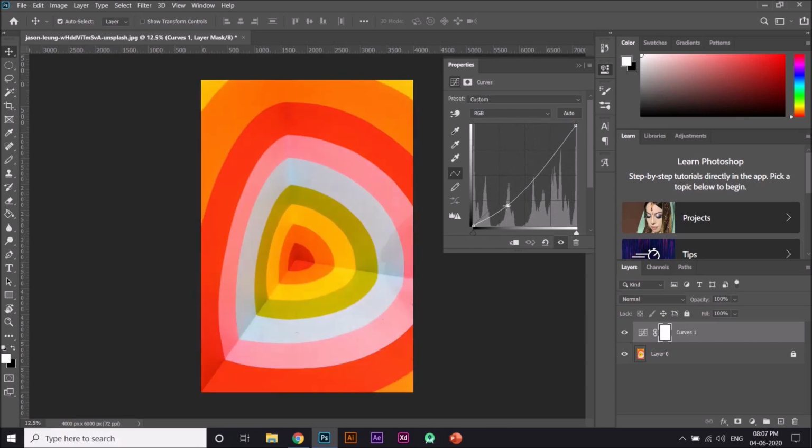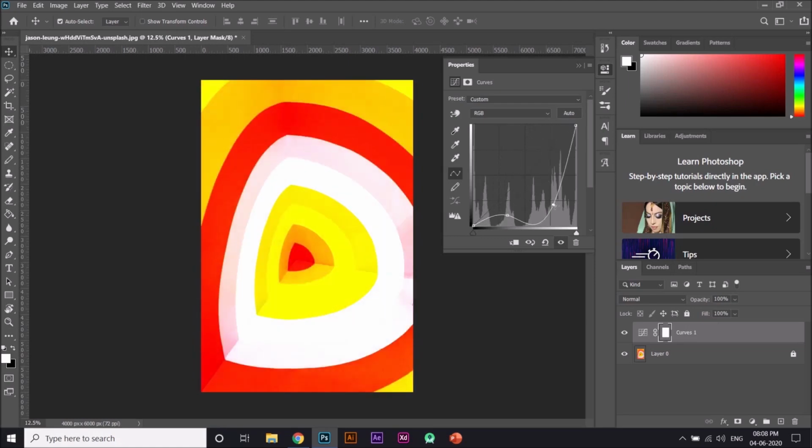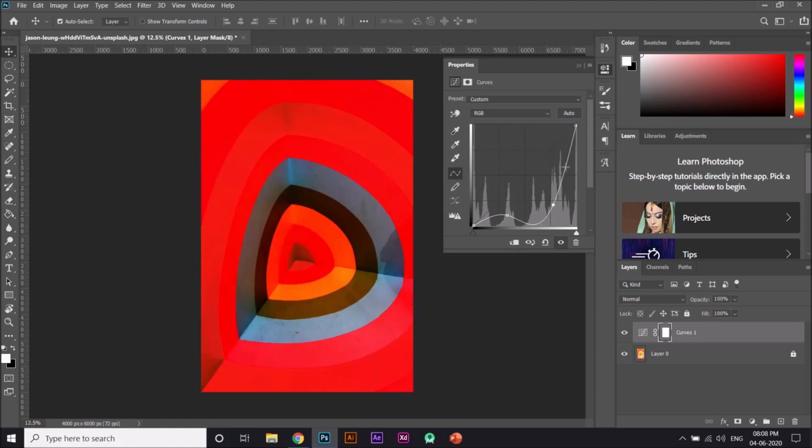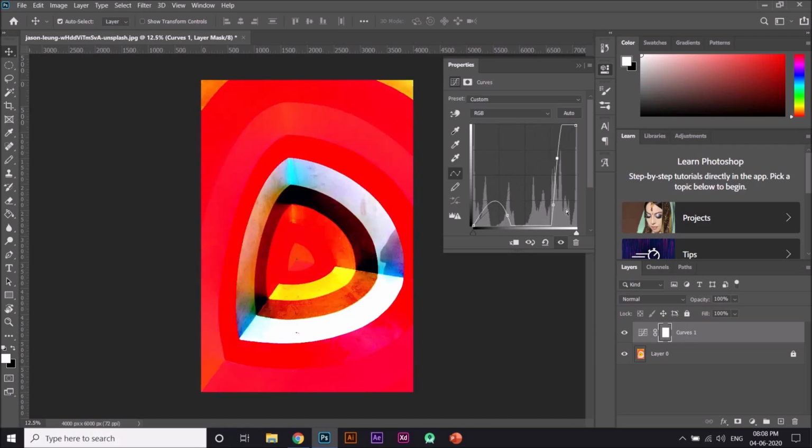So basically if you want to make it darker, get this down, and when you want to make it brighter, you can take this up, and I can just leave it right here, and then I can make another point just by clicking here, and then I can do this, or I can do even this, and you can play around with these settings and see the best possible option for your photo. And you can see here how the graph is formed, that is the curve has formed, and you can try out many different effects right here.